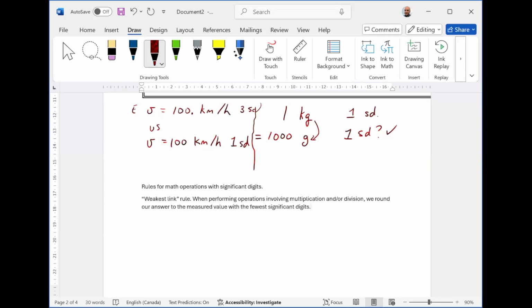In other words, if we're doing any kind of calculation where you're multiplying 2 or more numbers, it doesn't matter if 2 of your numbers are super precise, like 20 significant digits. If you are multiplying it against a number that only has 3 significant digits, the 3 significant digits is the weakest link, and so your answer has to be rounded to 3 significant digits. The fact that the other 2 measurements are super precise is irrelevant, because the least precise measurement is going to be the weakest link. And so an example would be